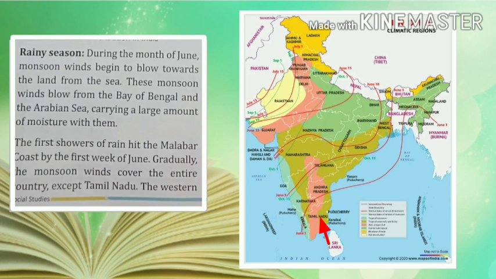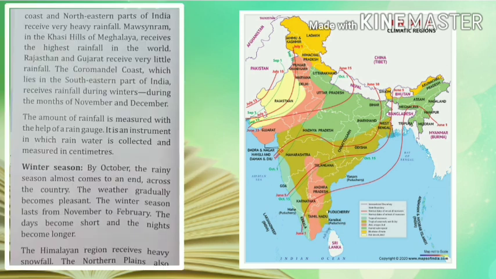The western coast and the northeastern part of India receive heavy rainfall. Mawsynram in the Khasi hills of Meghalaya receives the highest rainfall in the world. Okay, now Rajasthan and Gujarat receive very little rainfall. The Coromandel coast, which lies in the southeastern part of India, receives rainfall during winters, during the months of November